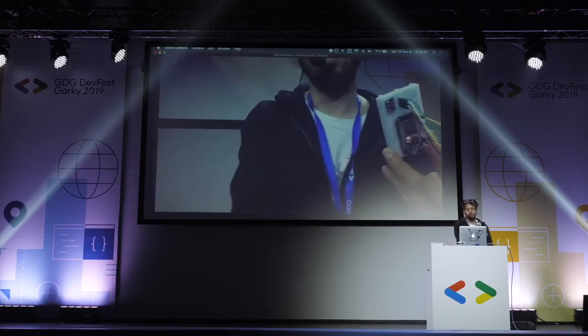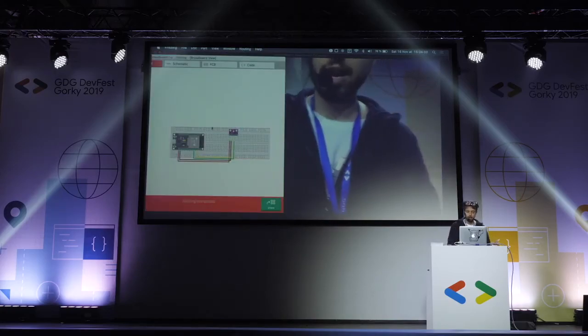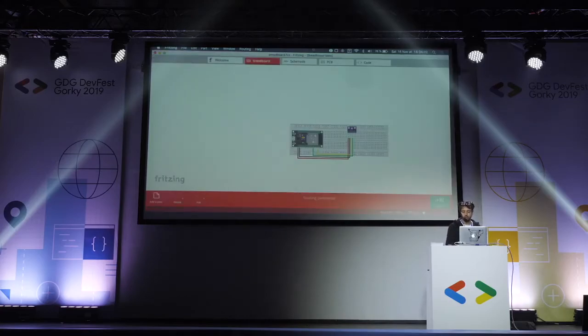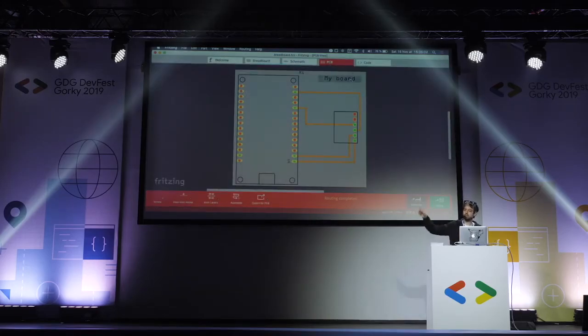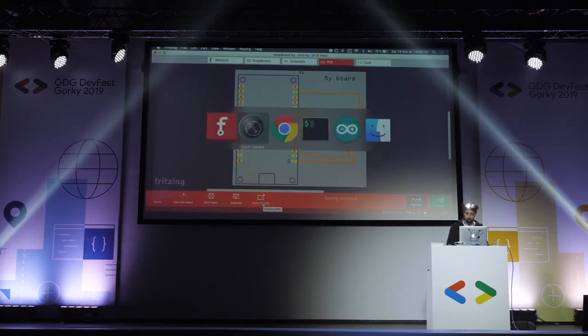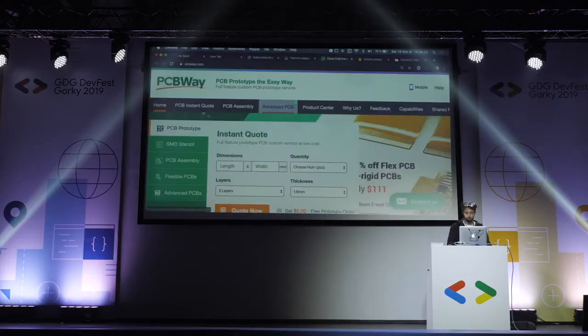It's prototyping. What you can do is use Fritzing, and in the Fritzing software you saw earlier, you have a PCB tab. The PCB tab automatically generates a PCB diagram for you. Using drag and drop, you drag your components, you create the wiring, and in the PCB tab, it will automatically generate that diagram. You can just click on export for PCB, and it will generate a zip file. Then you send that zip file to a website that prints PCBs for you, and you can have it. And so it's basically what I did.